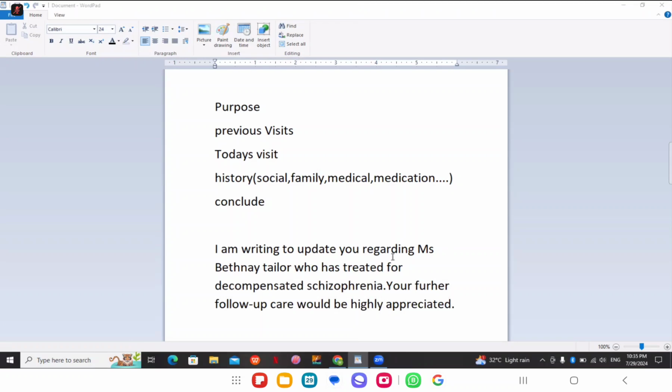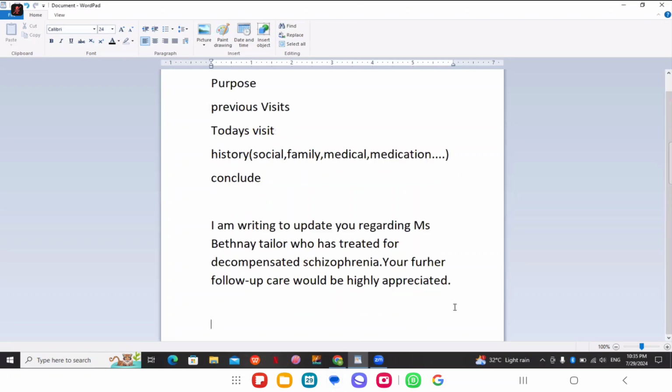Now, this is how you're going to write the purpose. If you see, I have clearly mentioned the decompensation. It should be clearly written that this was the reason. Okay, and now I want something from the reader, and I have asked for that. Now I will start my visit. As I mentioned, if you see the letter, if you see the picture that I've sent in the group,